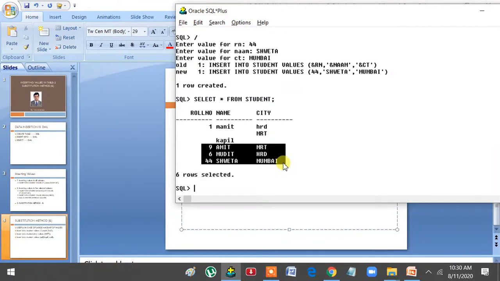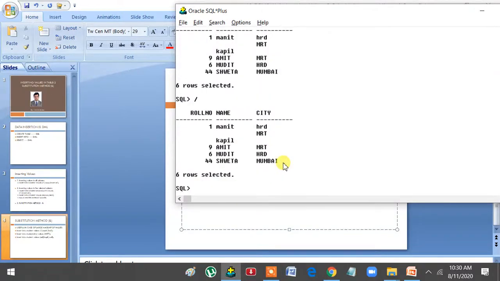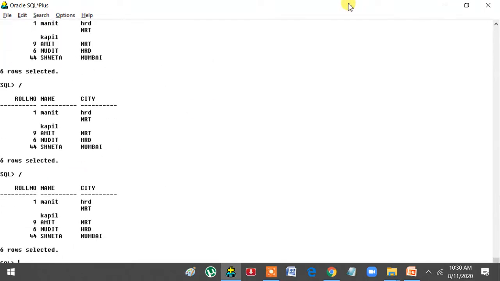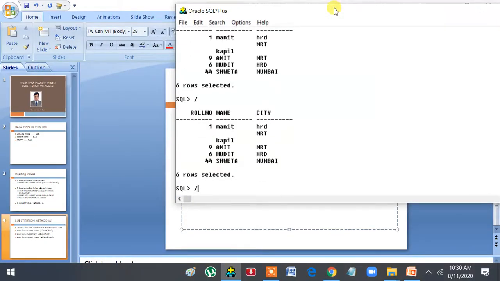But now, let me show you one thing. Suppose I press slash again, what will happen? See. So actually, what does slash do? Slash repeats the last SQL query. The last SQL query was select star from student. So whenever I type slash, see, slash slash slash, it will be repeated.